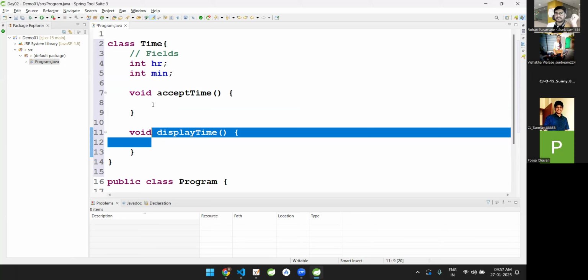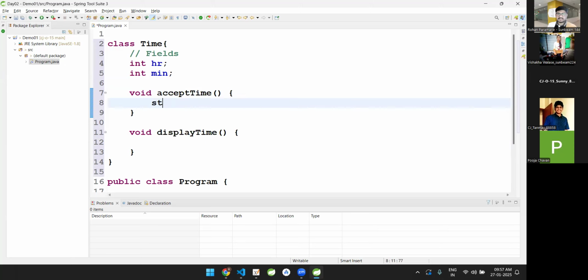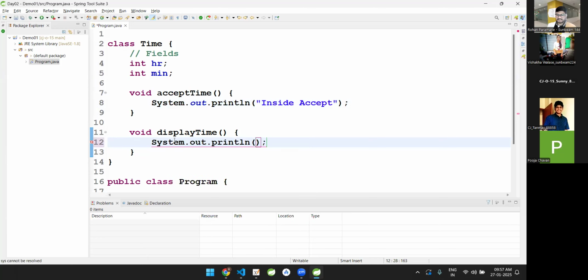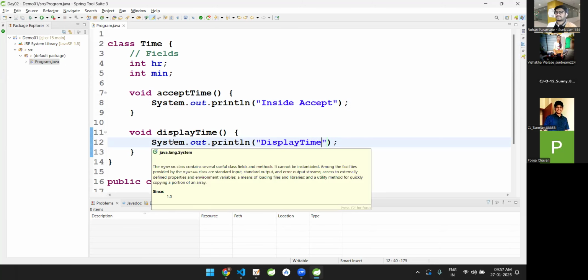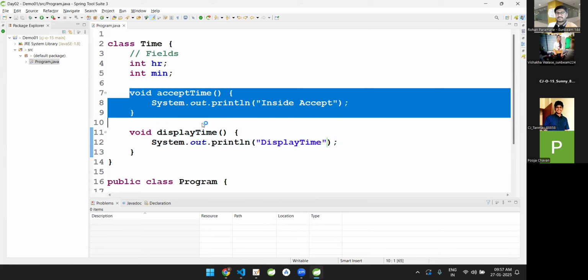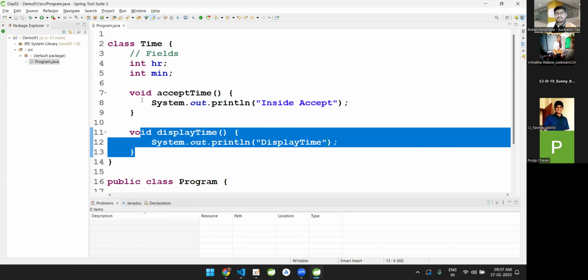तो ये काम मुझे यहाँ पे करना है। Maybe I'm going to say it like this, right now there is no logic inside it, अभी फिलहाल यहाँ पे कुछ logic नहीं है। Maybe I'm going to say inside accept, यहाँ पे लिख देता हूँ like this, and maybe यहाँ पे मैं लिख देता हूँ System.out.println, this is going to be the display time, like this, as simple as that। So I want to accept the time, I want to display the time।